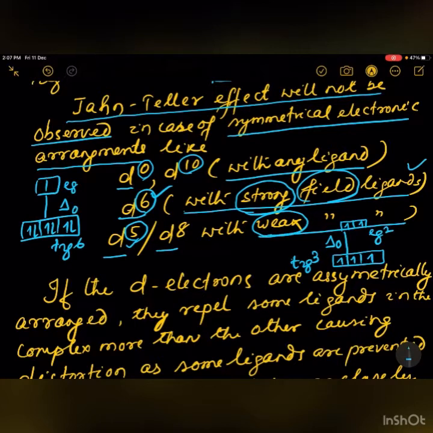Each orbital in t2g and eg is singly occupied, or each contains one electron. That is a symmetrical electronic arrangement. So, Jahn-Teller effect will not be observed if the configuration is d5 and the ligands are weak field ligands. In case of d8,